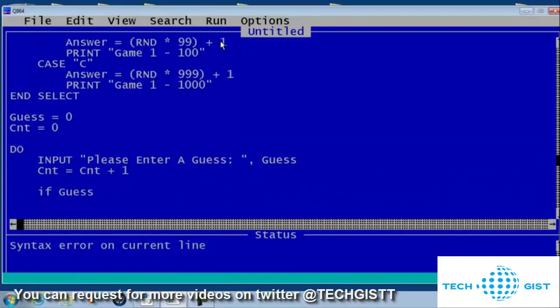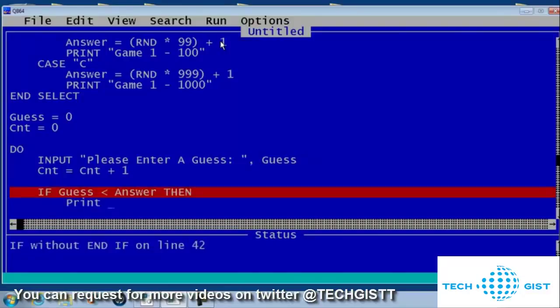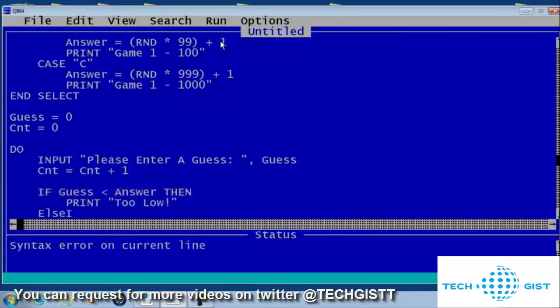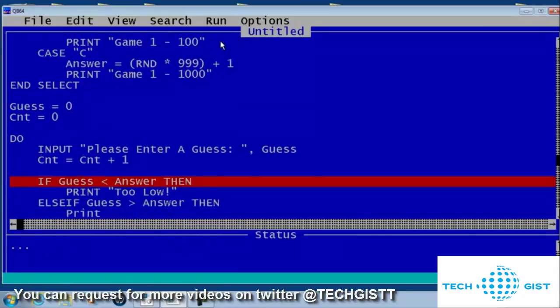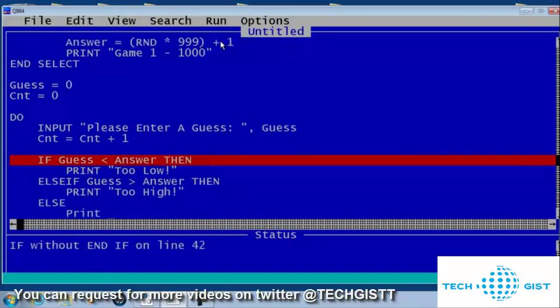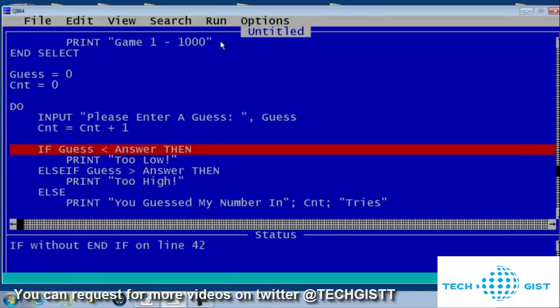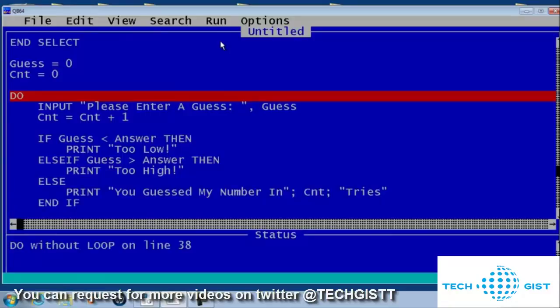If guess is less than answer, then print too low. Else if guess is greater than answer, then print too high. Else print you guessed my number in CNT counter tries. And end if, and then loop